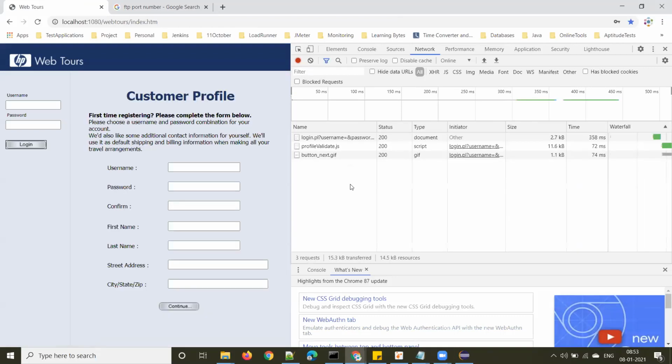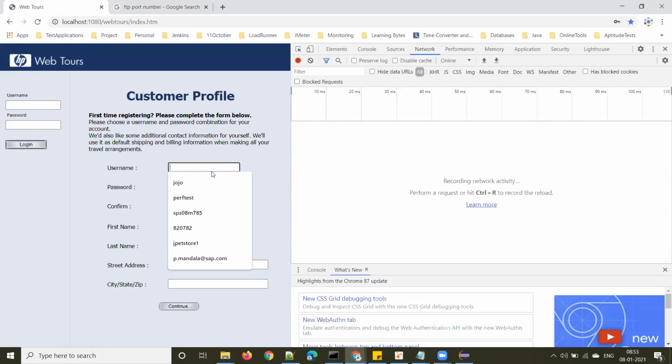In the same way, another instance: if you click on sign up now and submit all your data, this also will be a POST request. Whenever you click on continue, you are giving a username and password, so you are submitting some form data, and here also it will be a POST request. Let me show you that. I'm giving the username as Jan8 user1. What will I give as password?